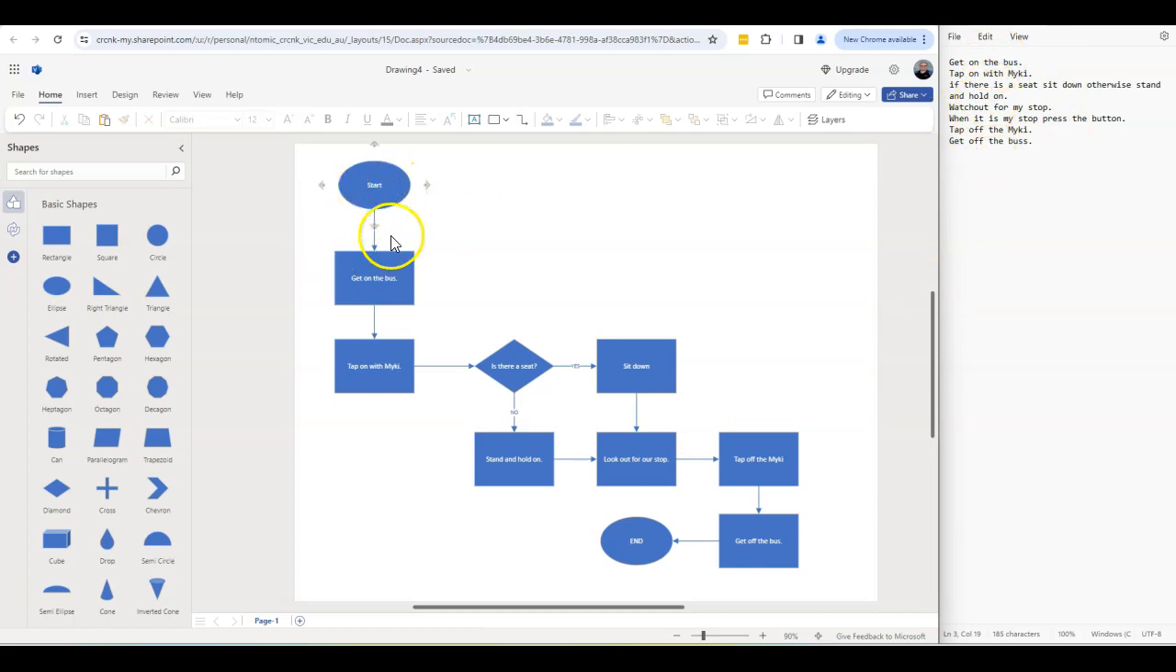We start over here. We first of all get on the bus. We tap on our my key. Then we ask ourselves a question. Is there a seat? If there is a seat, we're going to go this way and sit down. If there's not a seat, we're going to go this way and stand up. Either way, we then get to here of saying look out for your stop. Then when it is your stop, tap off the my key, get off the bus, and there is our end